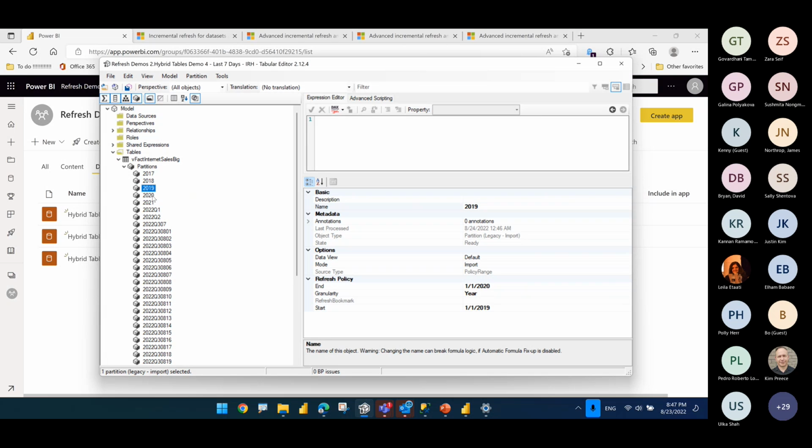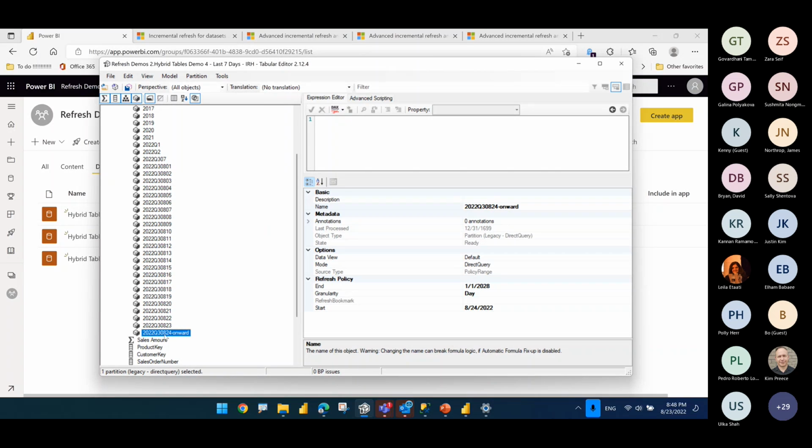And I have the 5 years here, and now you can see that it has Q1, Q2, it has the month of July. And for August, because we have told it that we want to refresh the last 7 days, it has no choice but to break August now into days. So it starts going from days up until, you see, up until the 23rd, everything is an import. Okay, so everything I click here is an import.